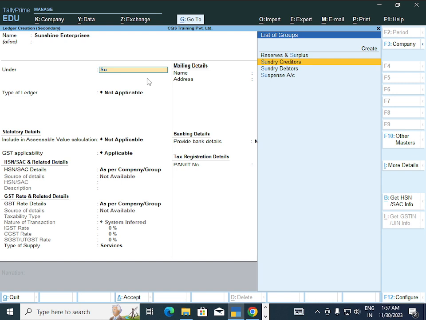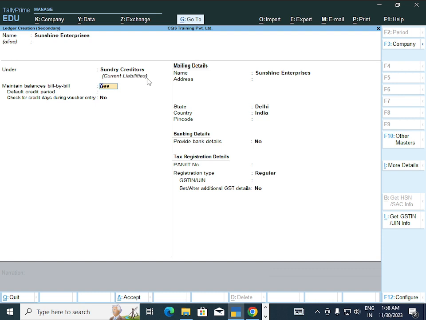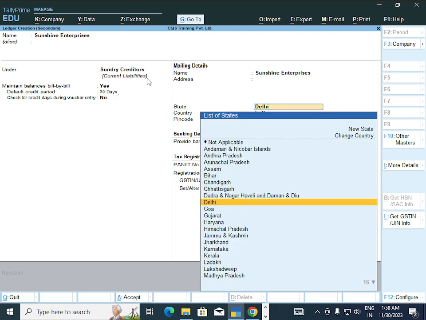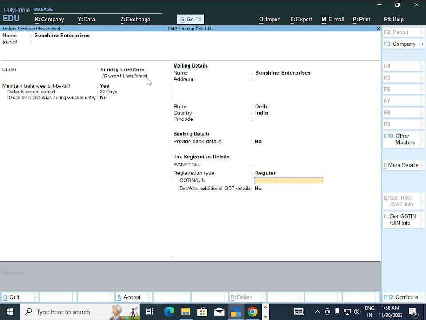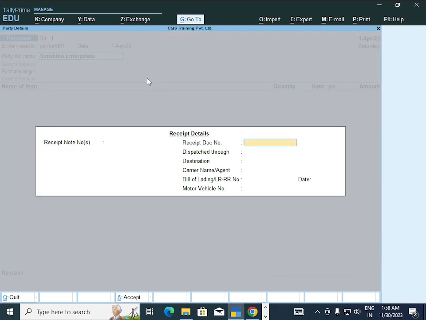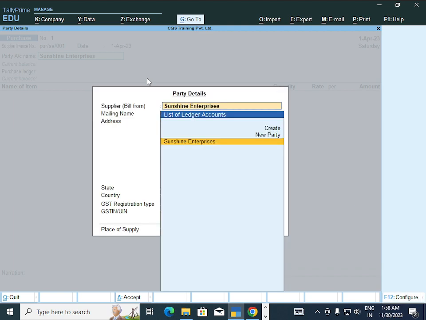So we are the receiver and Sunshine Enterprises is the giver, and we are purchasing goods on 30 days credit. Here we have to type the Sunshine Enterprises GST number. So this is the GST number of Sunshine Enterprises. Accept it.